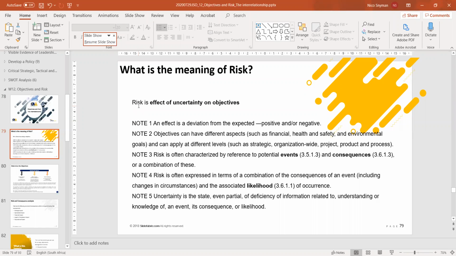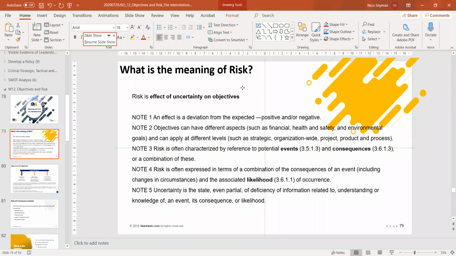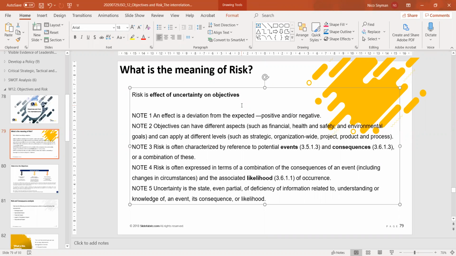So risk is defined in ISO 73 as the effect of uncertainty on objectives. That is simple, and everybody can understand that. If you've got objectives, what is the uncertainty that you are experiencing, and what can affect the achieving of your